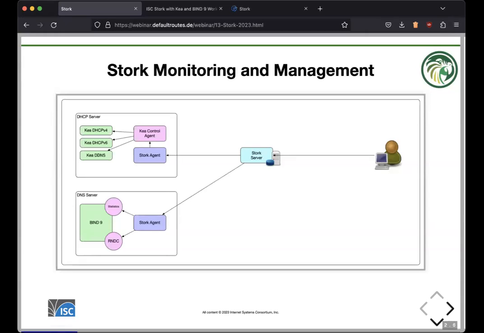Or we can utilize the Stork server, which is the component that exposes a web user interface to the user, which can then be used to see all the events, all the stuff that is happening on the Kea DHCP server and on the BIND server. And also it can be used to make changes to the Kea DHCP server, for example, to manage the reservations